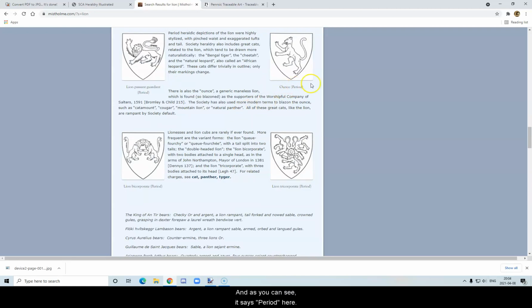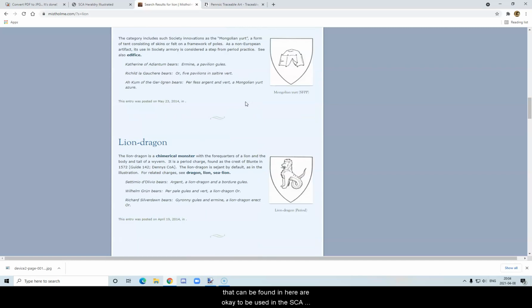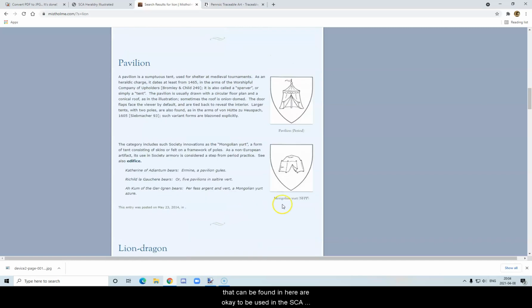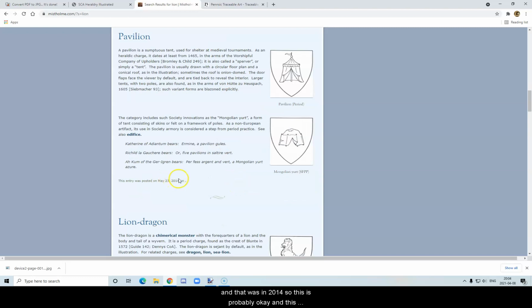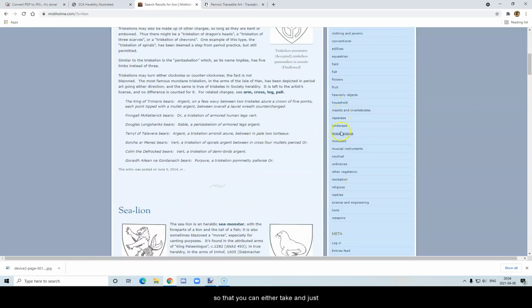And as you can see, it says period here, because some of these that can be found in here are okay to be used in the SCA, and that was in 2014, so this is probably okay. This wouldn't be found in an actual heraldic device, but it's okay to use in the SCA. And there's a lot of different things here, so that you can either take and just, if you don't really